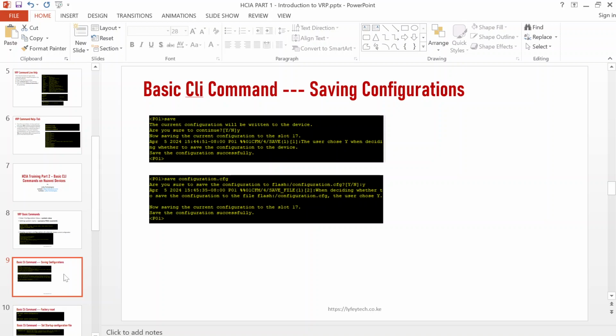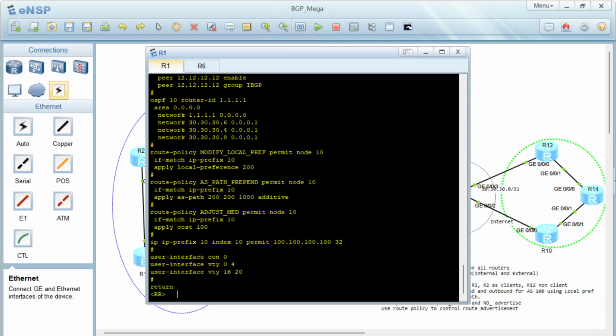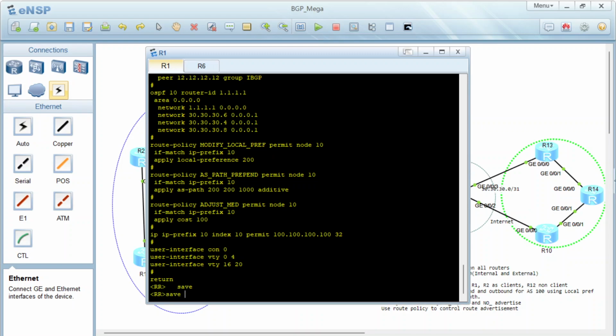So you always have to save the configuration after you've done any configuration on the router, so that the configuration will be persistent. You won't lose the configuration in case of power issue or in case the router misbehaves and then reboots. So to save the configuration, you run the save command. Once you run the save command, many times it will ask you whether you want to save or not. So if I run save,